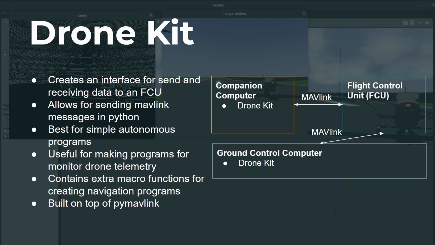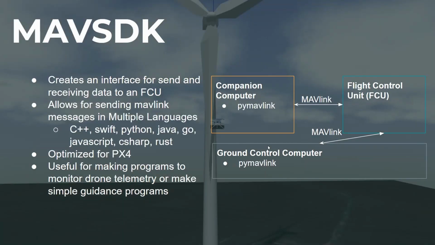This would be a good choice if you're just trying to do a simple script for your drone and you don't want to think about the low-level mavlink messages a lot. Also, it's worth noting that both pymavlink and dronekit can run either on the companion computer or the ground control station. The final programming library that I want to talk about is MAVSDK, and this is a little bit of